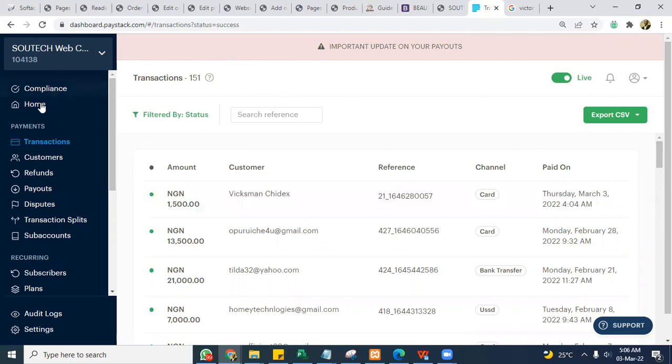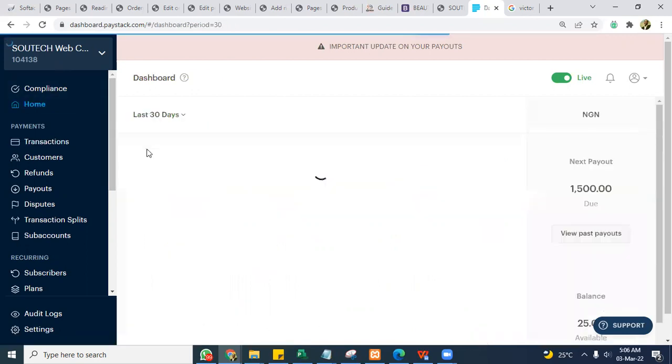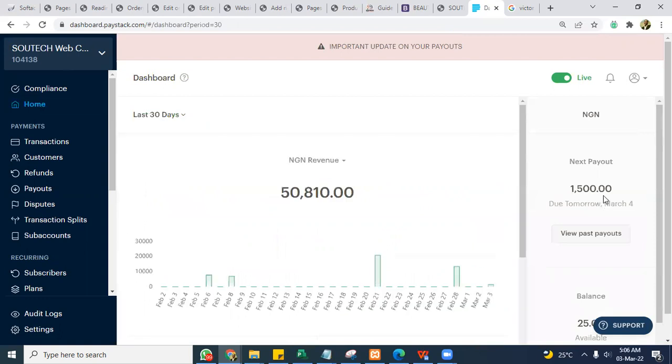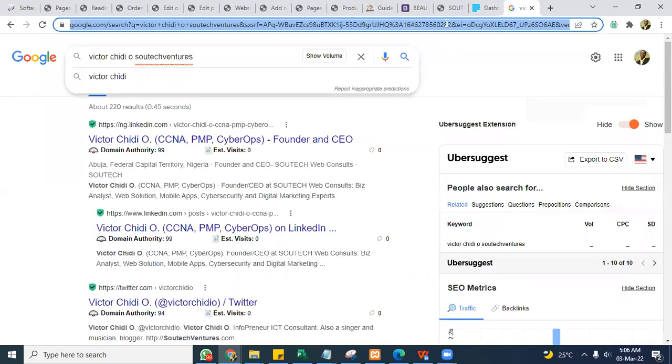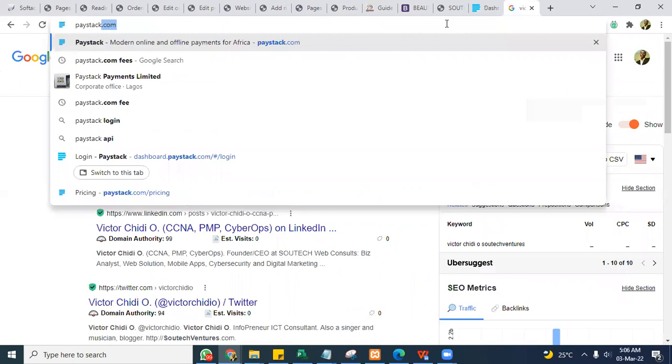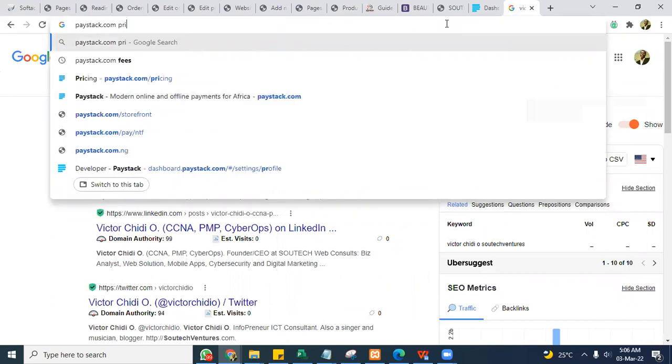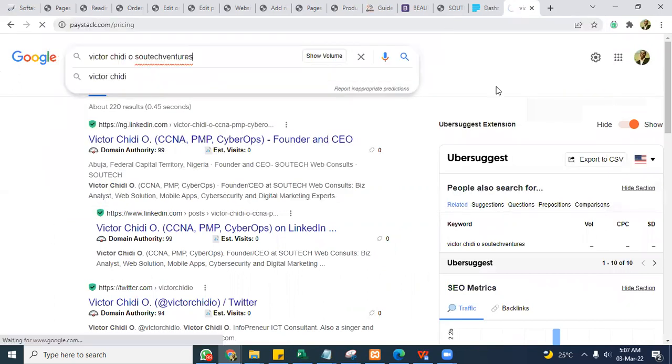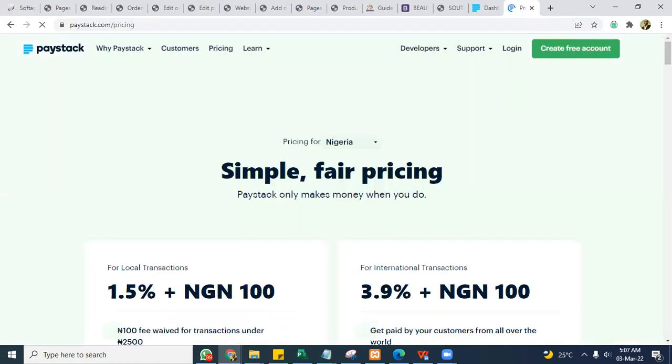Okay. I think that is all for the payment systems. So you see, payment next day payout. So this is going to be due for tomorrow. This 1.5 that we got today. So by tomorrow, we are going to be getting, paystack.com pricing. Right. So by tomorrow, since it's a micro transaction that is less than 2.5 or so,